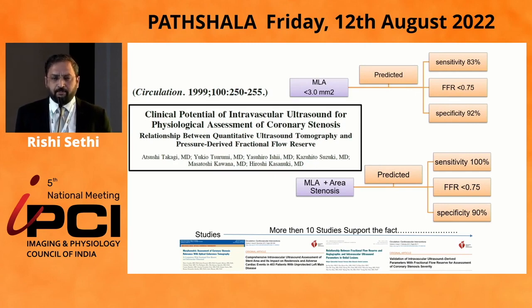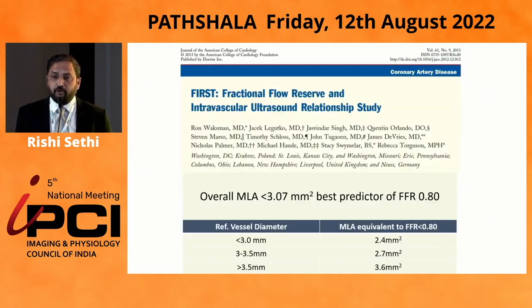This was an elegant paper way back in 1999, and the world had to wait for another 13 to 14 years before the second large paper was published on these issues. That is the first study published in 2013. And here also it said nearly the same thing, that an MLA cutoff of less than 3.07 millimeters square best predicted the FFR of